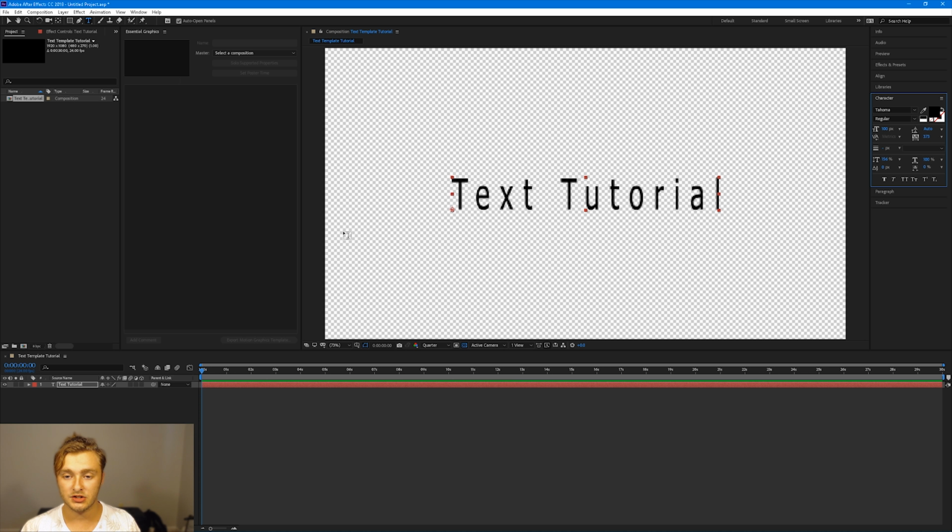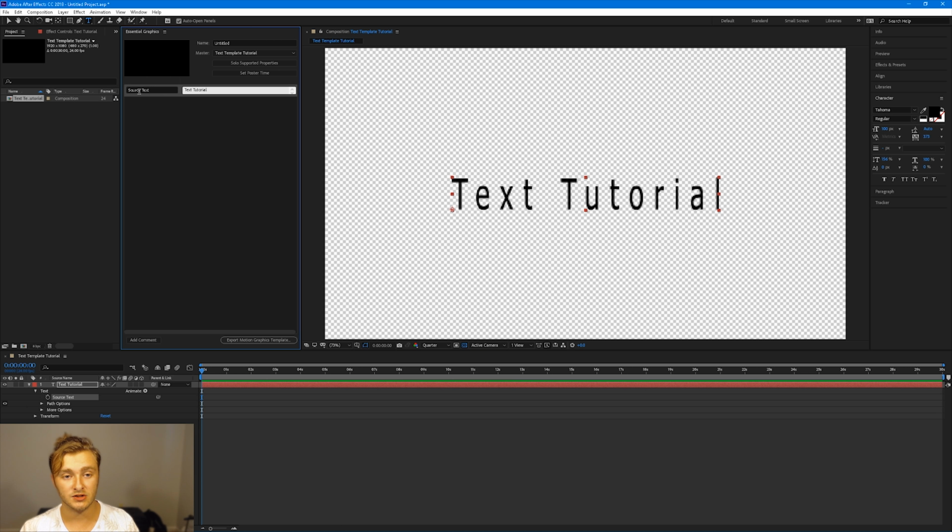And then to get your template started, you're going to want to drop down your text layer, drop down text within your text layer, drag your source text into this big box in the Essential Graphics window, and it will say source text right here, and then this is the actual text. Everything that you put in this box will be editable in Premiere. So these are all the parameters that you're defining here, but you can change them once you get this template into Premiere. So you definitely want to be able to change your text once you're there, so you're going to